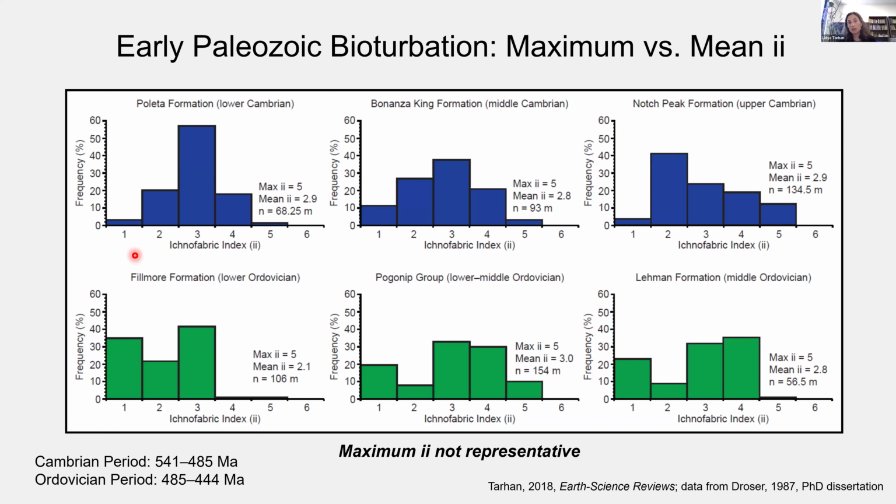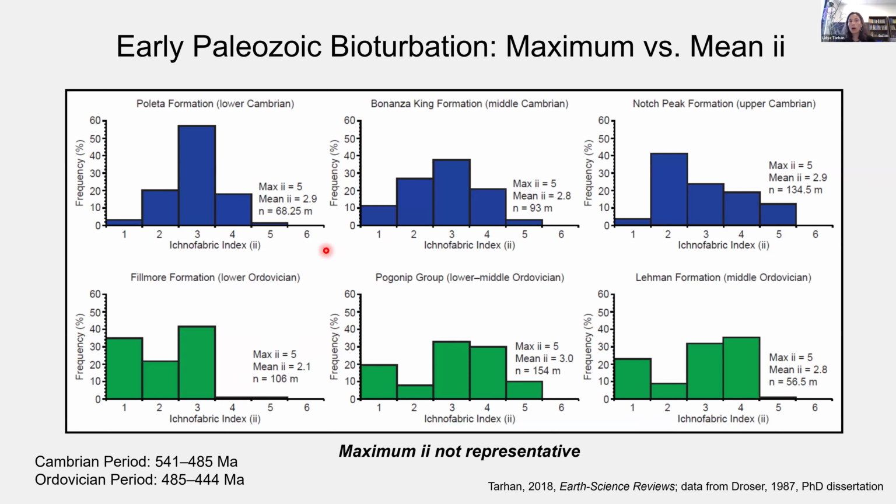An ichnofabric index value of 5 means intensively disrupted to the extent that there's no longer any vestige of that physical stratification. We only see overprinting burrows. And an ichnofabric index value of 6 is bioturbation so intensive that it's essentially self-erasing, that not only do we have no vestige of the original depositional fabric with which those sediments were deposited, we no longer see discrete burrows either. We simply have a texturally massive homogeneous fabric, so essentially a true sedimentary mixed layer.